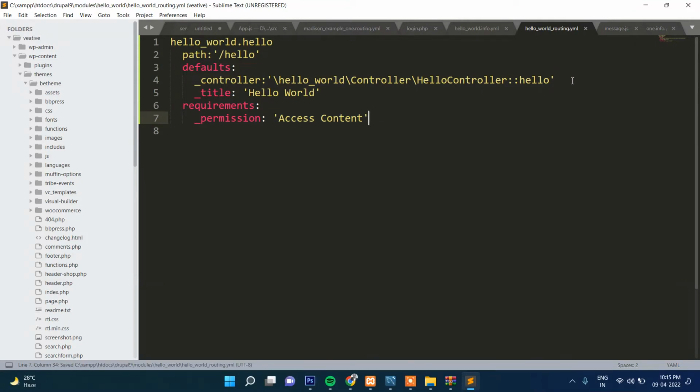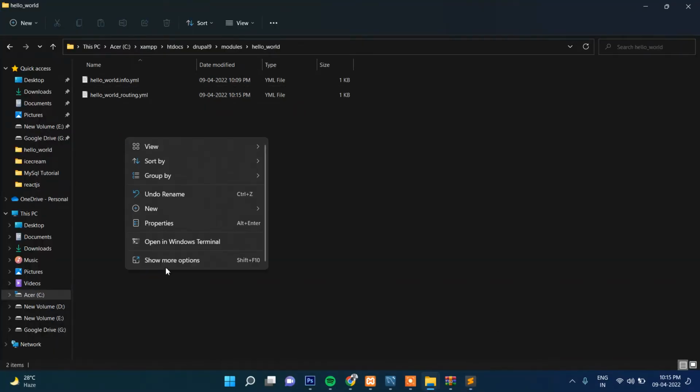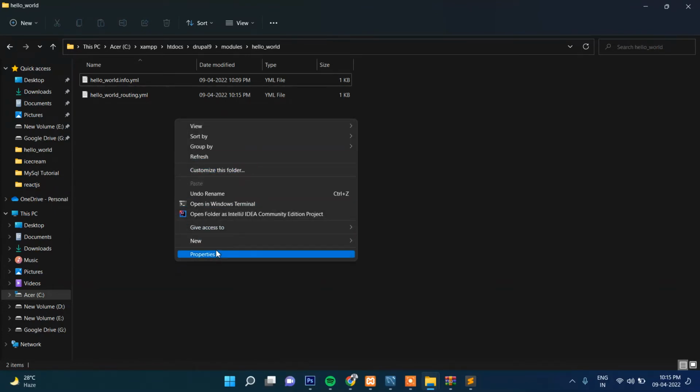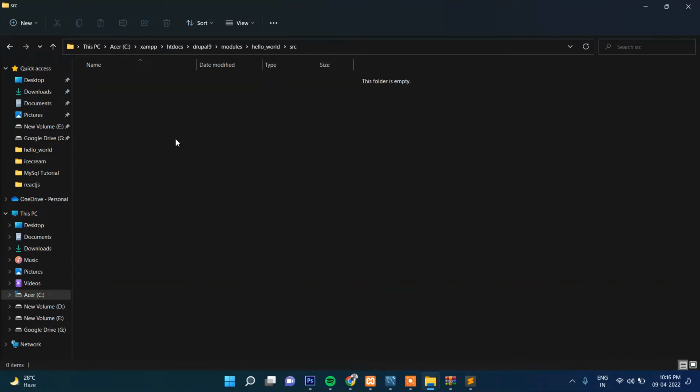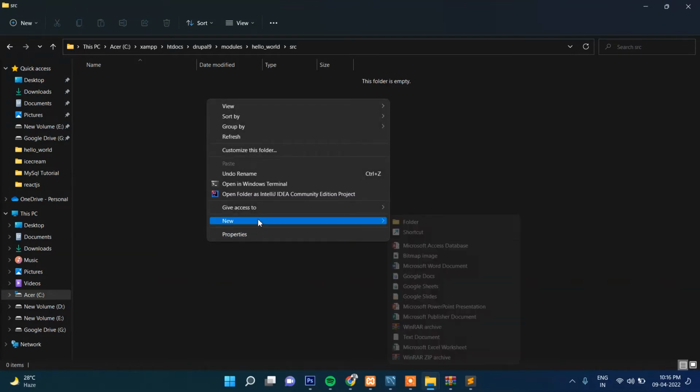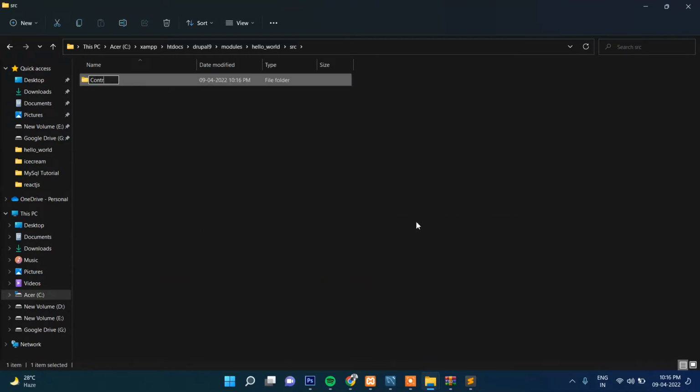Now as you can see, we will have to create the folder called hello world inside this controller folder, and inside that we will create a file. So first let's create one controller inside this hello world. Now we need to create one src folder here, src. Inside the src folder we will create controller, inside this hello world,